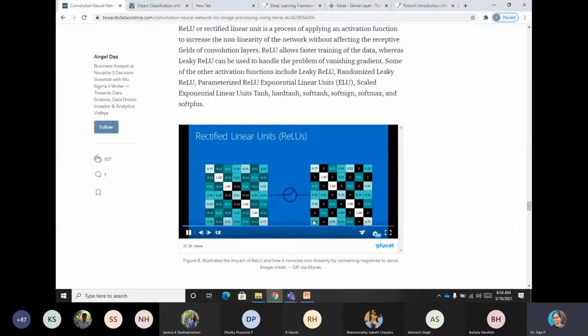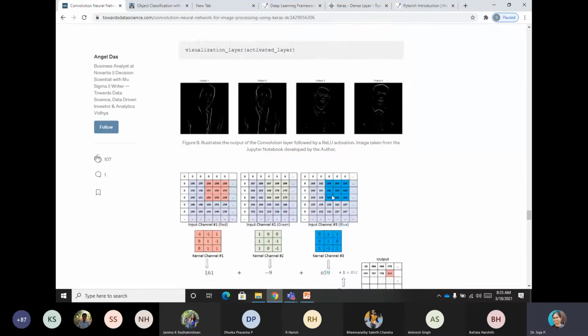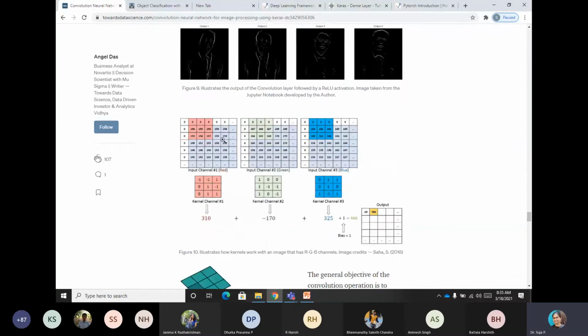Suppose here it is 7 cross 7, we can reduce the size because there are many zeros and we need not perform the compute which involves the connections between the 0 and the next level. So we can reduce the computation. So what we need to do is go for a pooling, which I will explain. And before that, I will show the visual representation of these RGB channels, how they are added and put in a particular element.